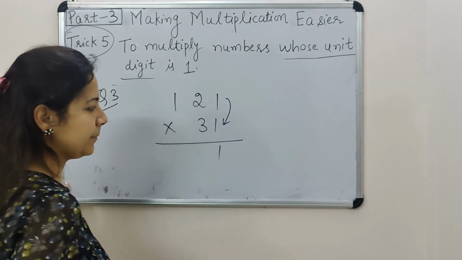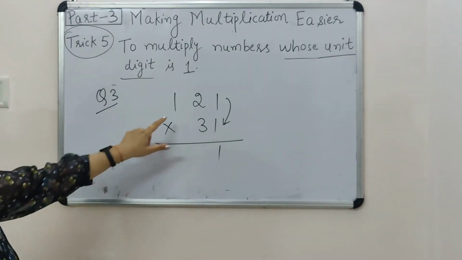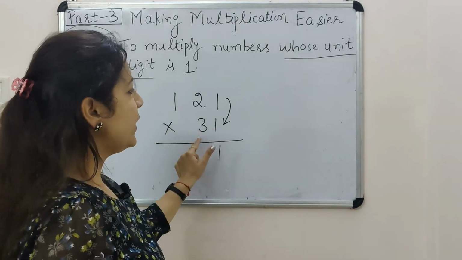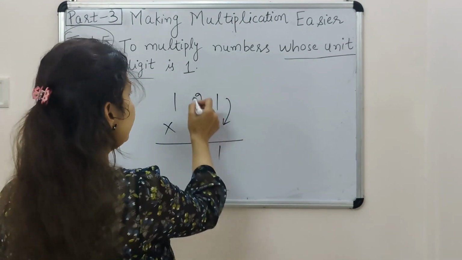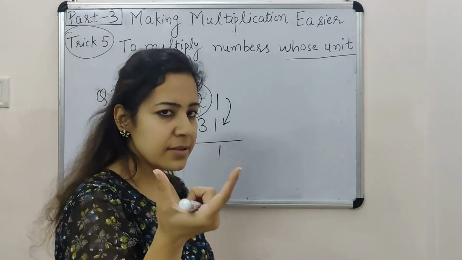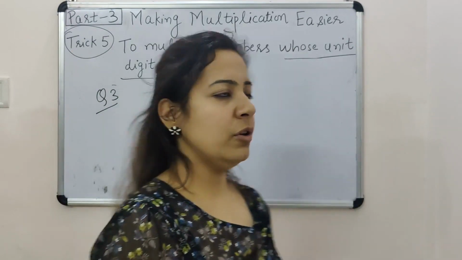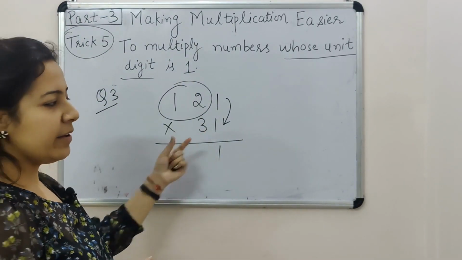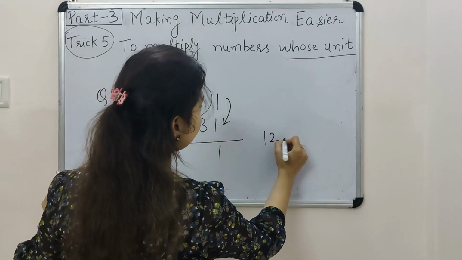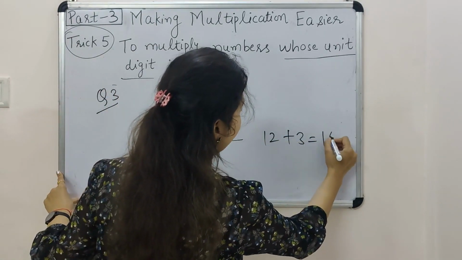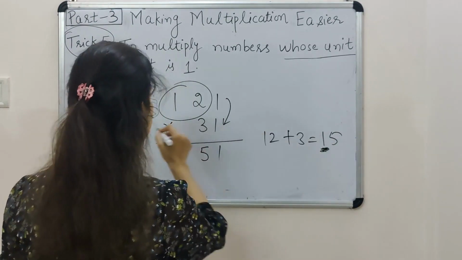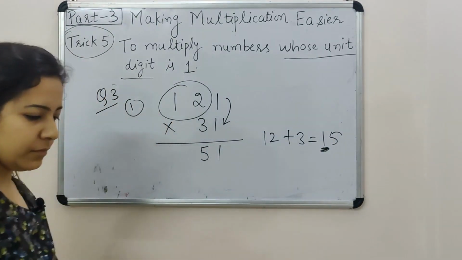1 ones are 1. Very important thing to remember here is, friends, that यहाँ पर आप 2 plus 3 नहीं करेंगे. You need to consider 12 as a complete single value, complete one value. तो 2 plus 3 करने की बजाय आप 12 plus 3 करेंगे, which is again 15. And I told you आपको सिर्फ 5 यहाँ पे लिखना है and this 1 will be taken as a carryover.